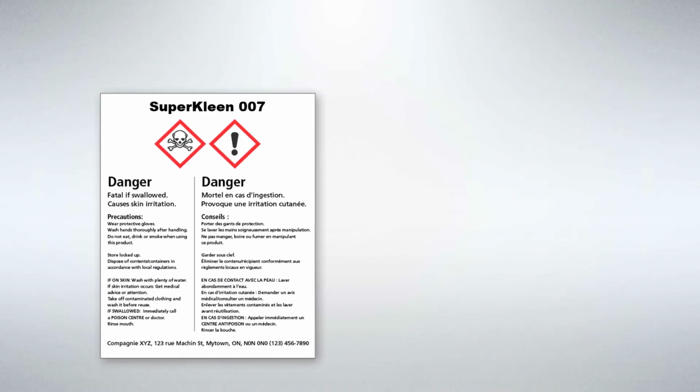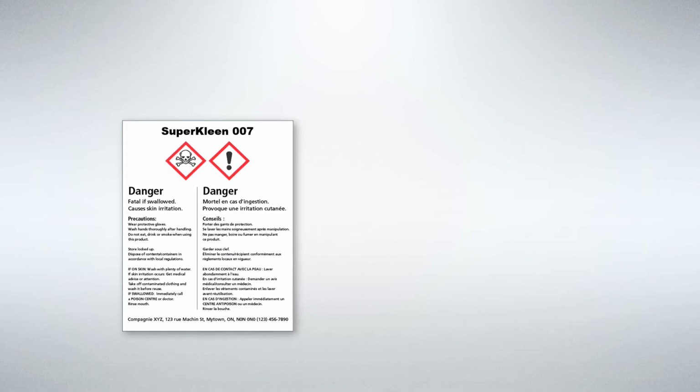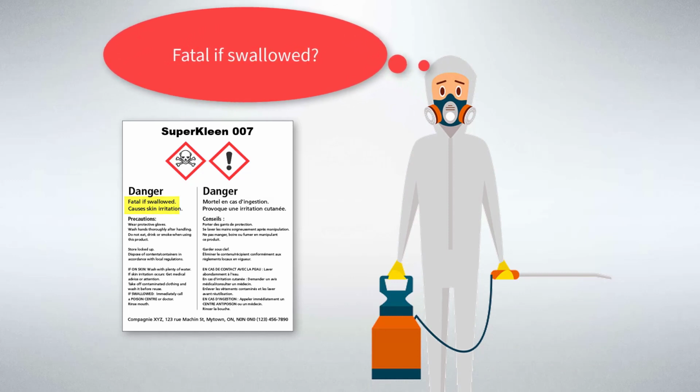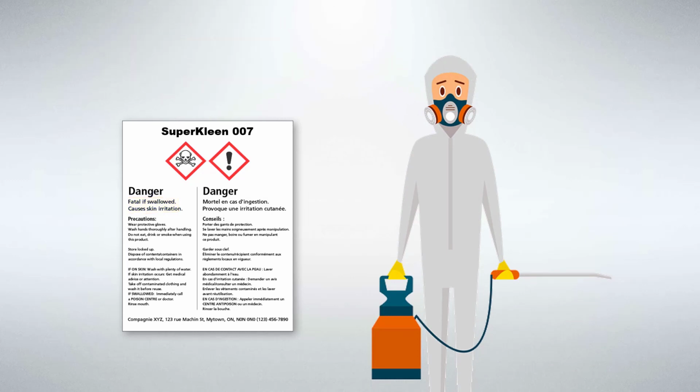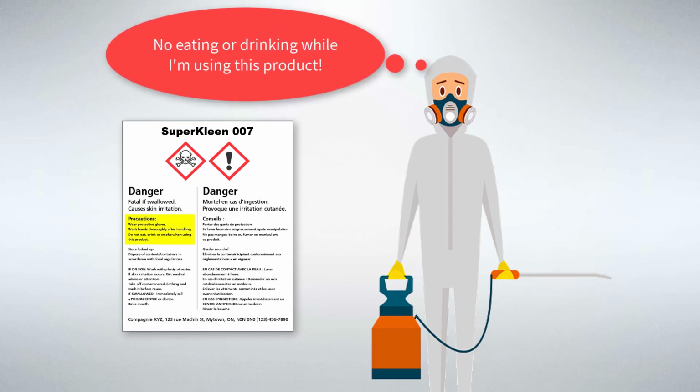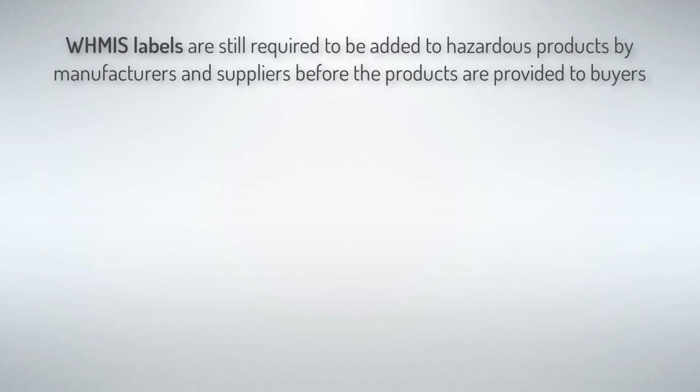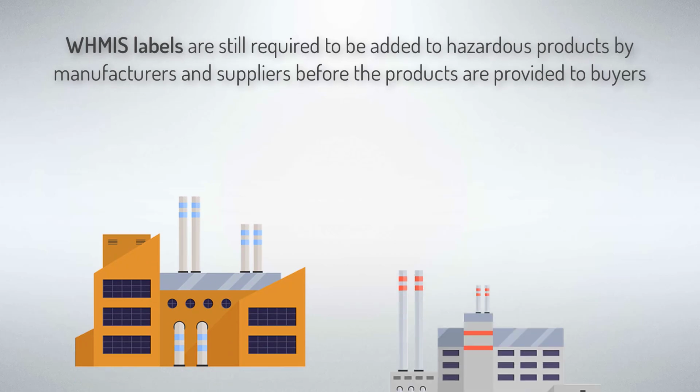WHMIS labels are extremely important because they're typically the first indication to a worker that there may be certain hazards while working with a chemical product. WHMIS labels also indicate what precautions need to be taken in order for a worker to protect themselves from illness or injury. WHMIS labels are still required to be added to hazardous products by manufacturers and suppliers before the products